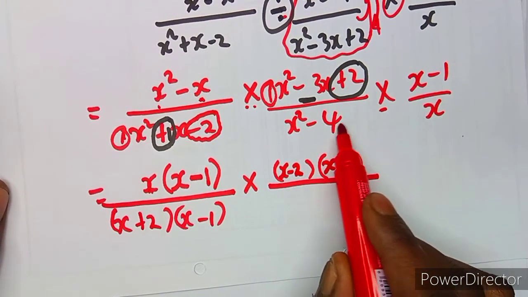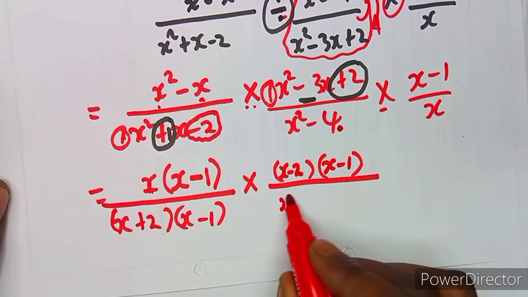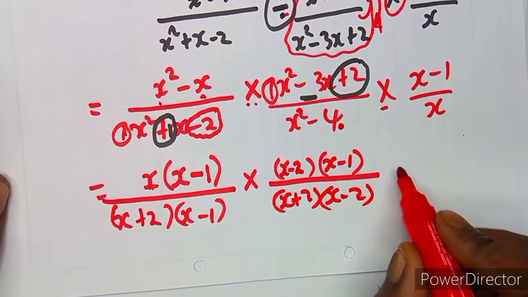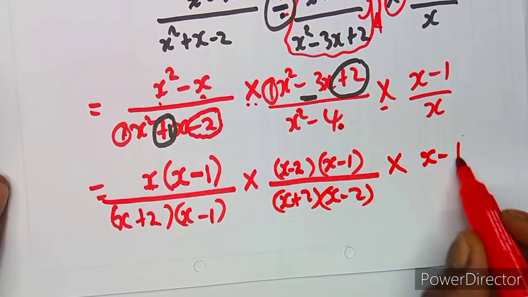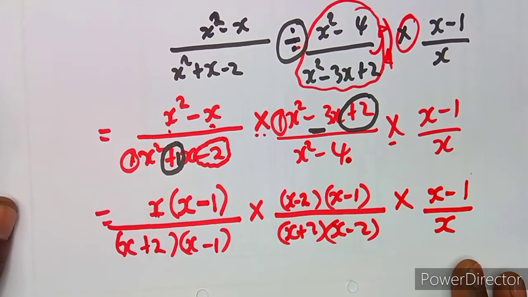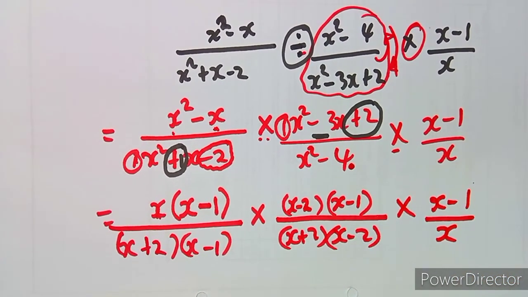We've got difference of two squares. We talked about this question before. It gave us x plus 2 into x minus 2, like this, times x minus 1 over x. That's what you're going to have. So as you can see, guys, everything there is lying on